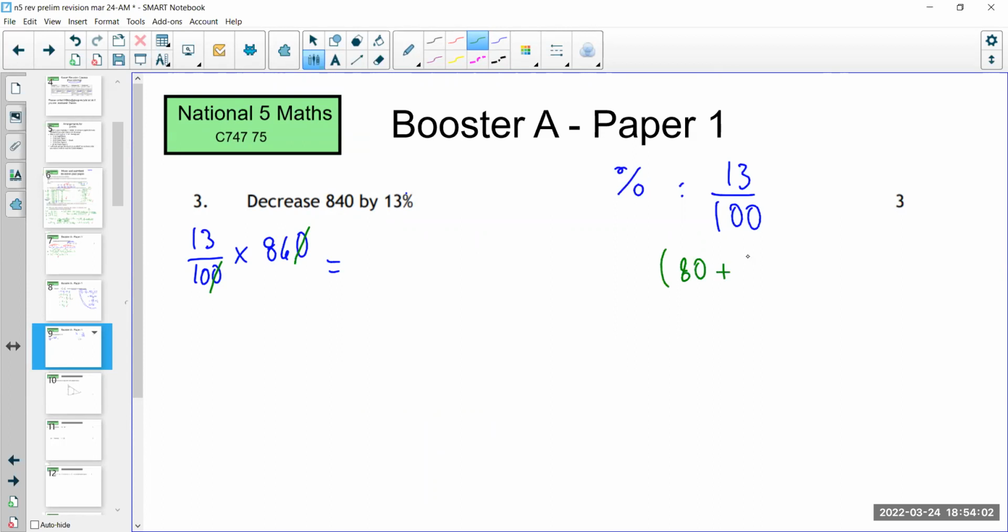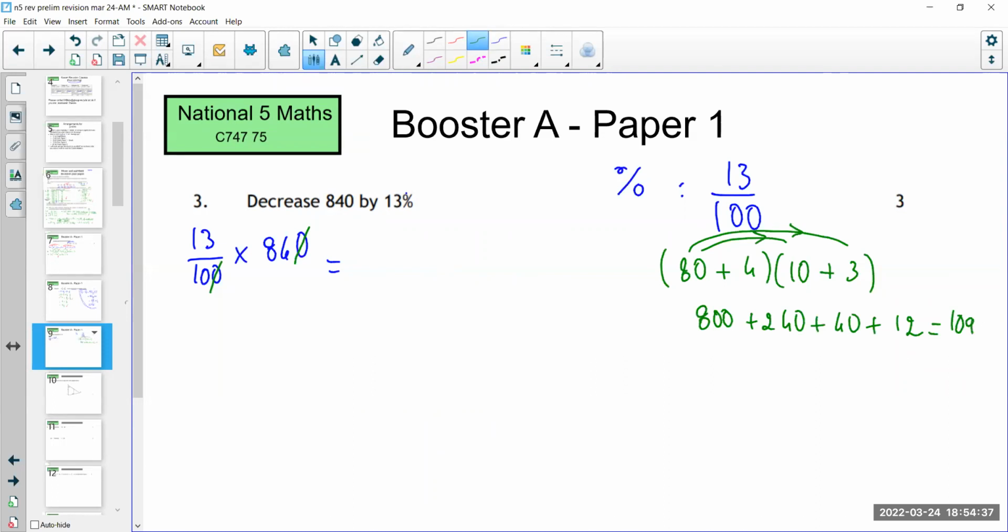Who said that I can't use what I've learned in math? To me, that is 84 times 13. 80 times 10, that's 800. 80 times 3, 240. 4 times 10, 40. 4 times 3, 12. 800, 200, 1000, 80, 92. That's you, 1092. That's 84 times 13. So I've got 1092